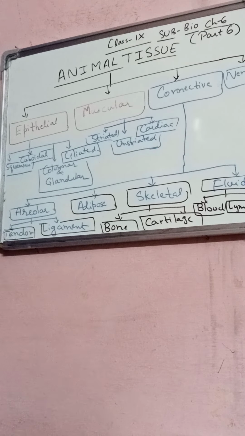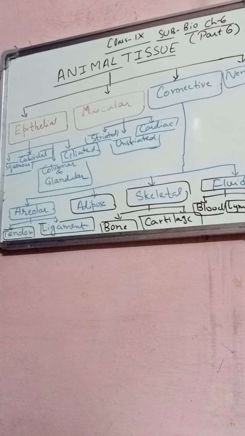Now next is the columnar, meaning pillar-like cells that facilitate movement across the epithelial barrier, and it is present in the respiratory tract. And columnar epithelial tissue having cilia, hair-like projections, this type of epithelial tissue is ciliated epithelial tissue. So you can understand these tissues. Cuboidal means cube-like cells. Next time we will study about the connective tissue.